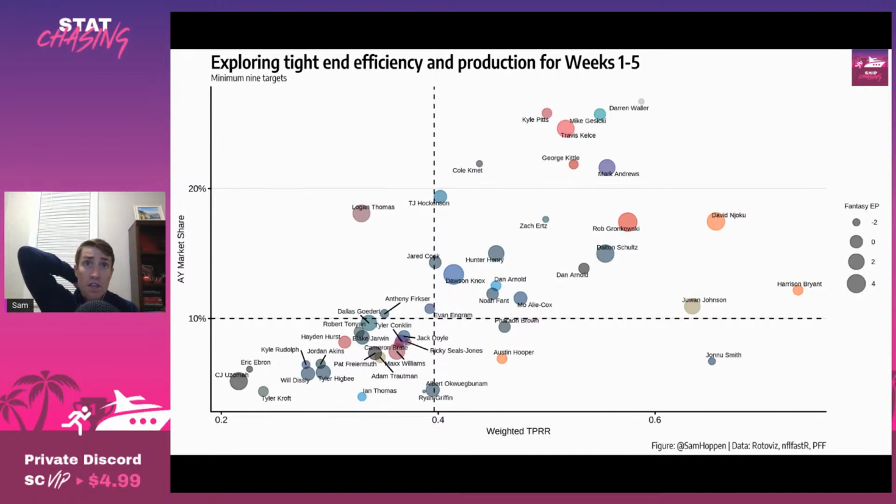He has the third highest average depth of target on the Dolphins at 9.6 yards. He's averaging 6 targets per game. He has an 18% target share, which is third on the team, and his 24% air yards share is second on the team behind only Devante Parker. His 0.53 weighted targets per out run is second on the team among players with at least 5 targets this season. And he has a 72% routes run rate, including a season high 77% route rate on Sunday. He's most certainly a top 12 tight end at this point.